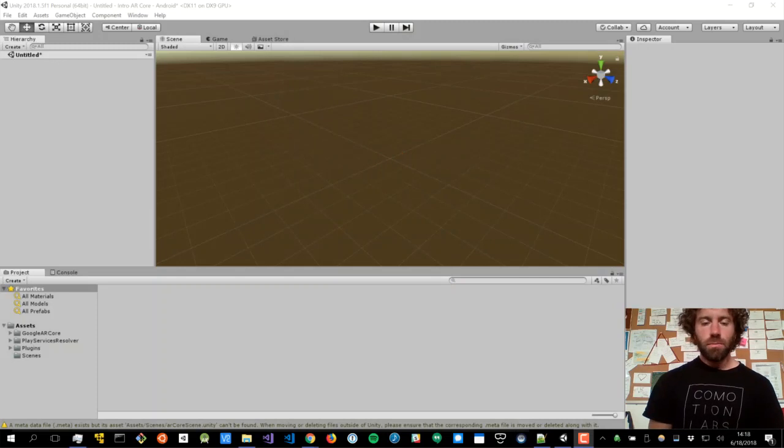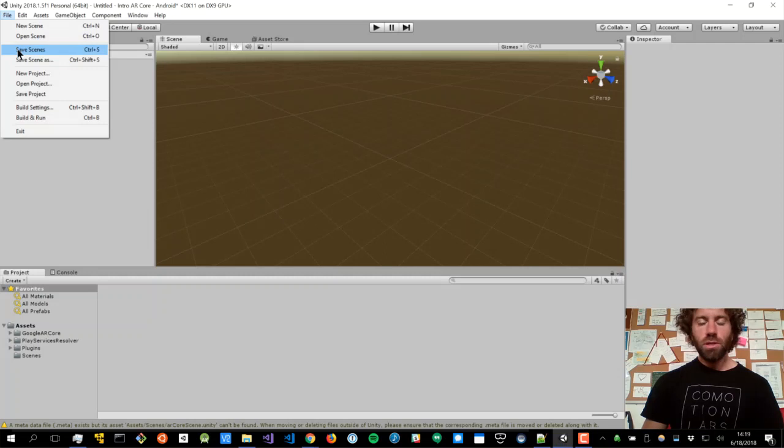Now our development environment is completely set up, both on our device and on the machine we're developing from. Before we start building our own stuff, however, we're going to want to use Google's default scene just to make sure that everything's set up correctly and that we're able to build ARCore apps and run them on our phone. So let's go ahead and save our empty scene that we've created here, and we'll return to it later when